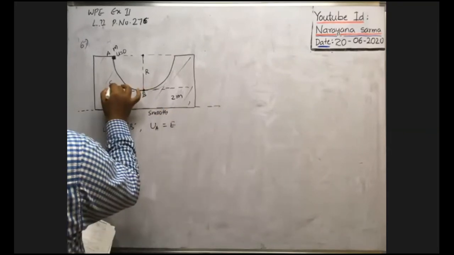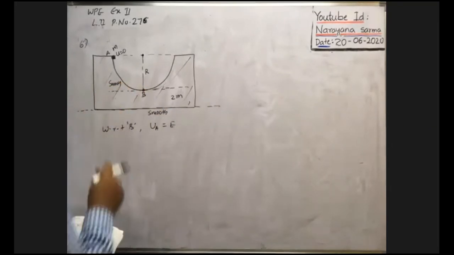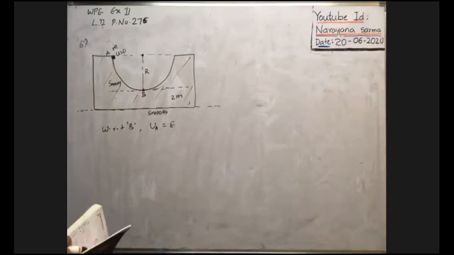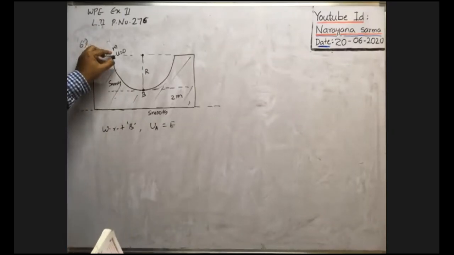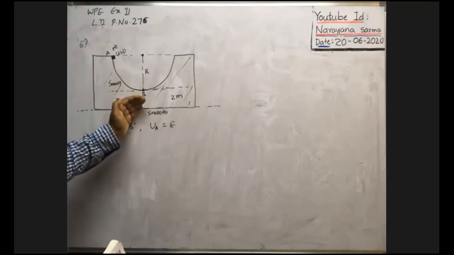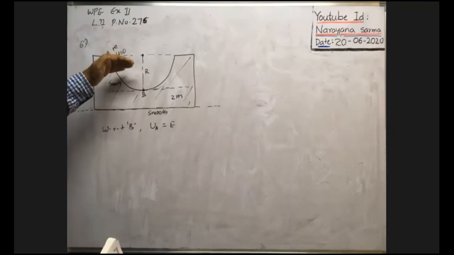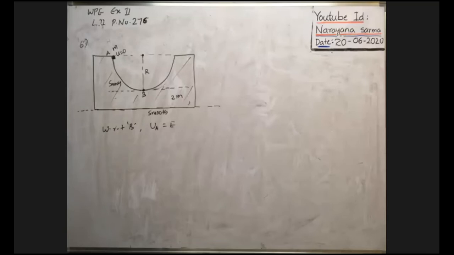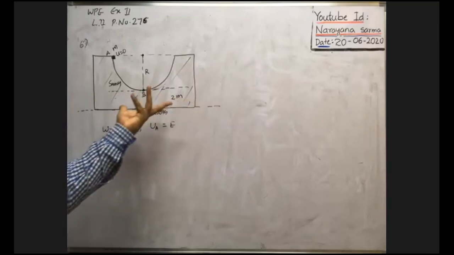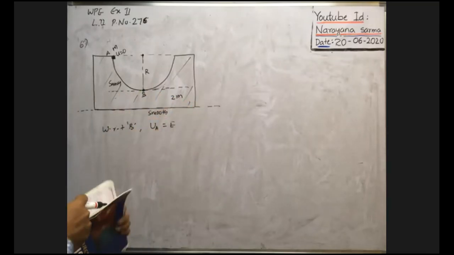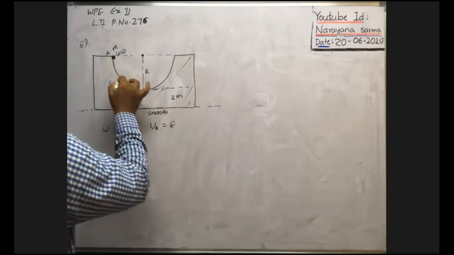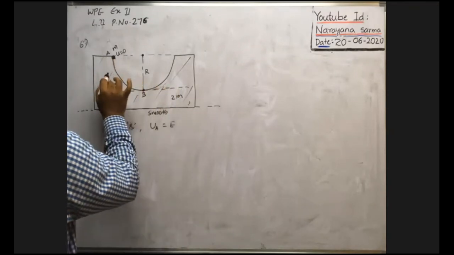It is also smooth. So whenever the surface is smooth and you release the body, the body comes down because of gravity. Gravity acts on the body vertically downwards. But along the horizontal direction, no force acts on the system, no? Whenever the body comes down like this, the normal reaction due to this wedge acts on the body.